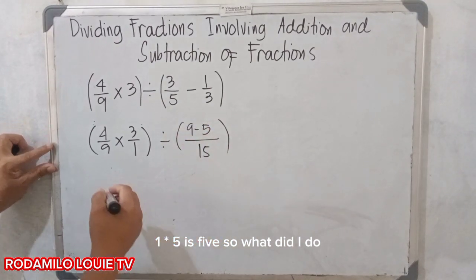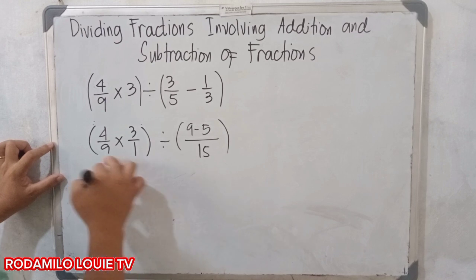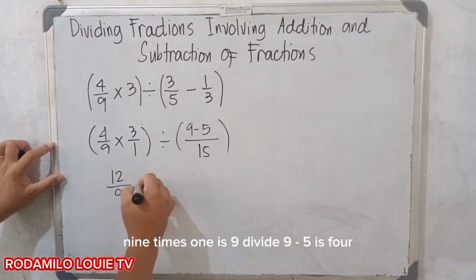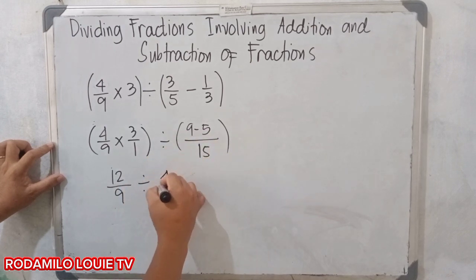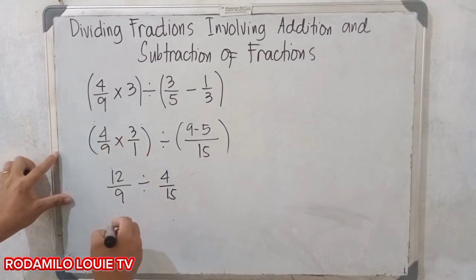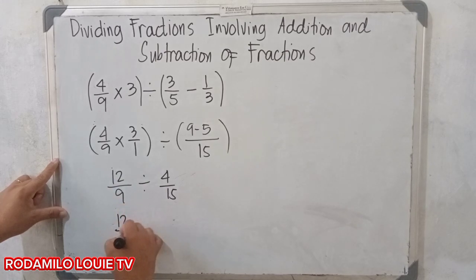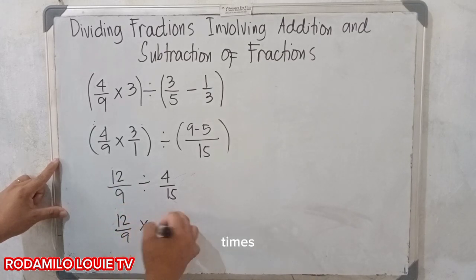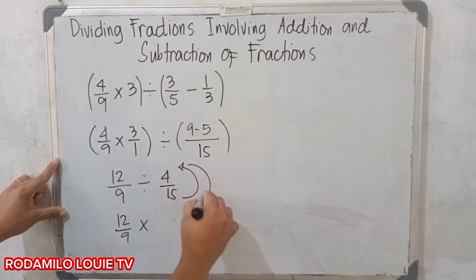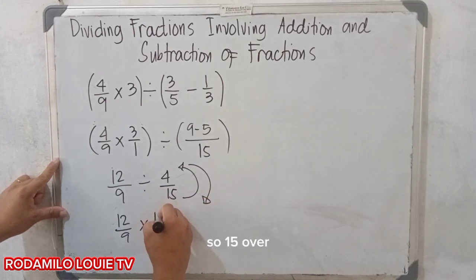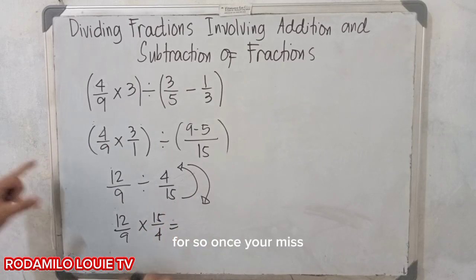So, it is ready. 4 times 3 is 12. 9 times 1 is 9. Divide. 9 minus 5 is 4. Copy the 15. So, now we can multiply. 12 over 9 times the reciprocal, the inverse, 15 over 4. So, the answer is